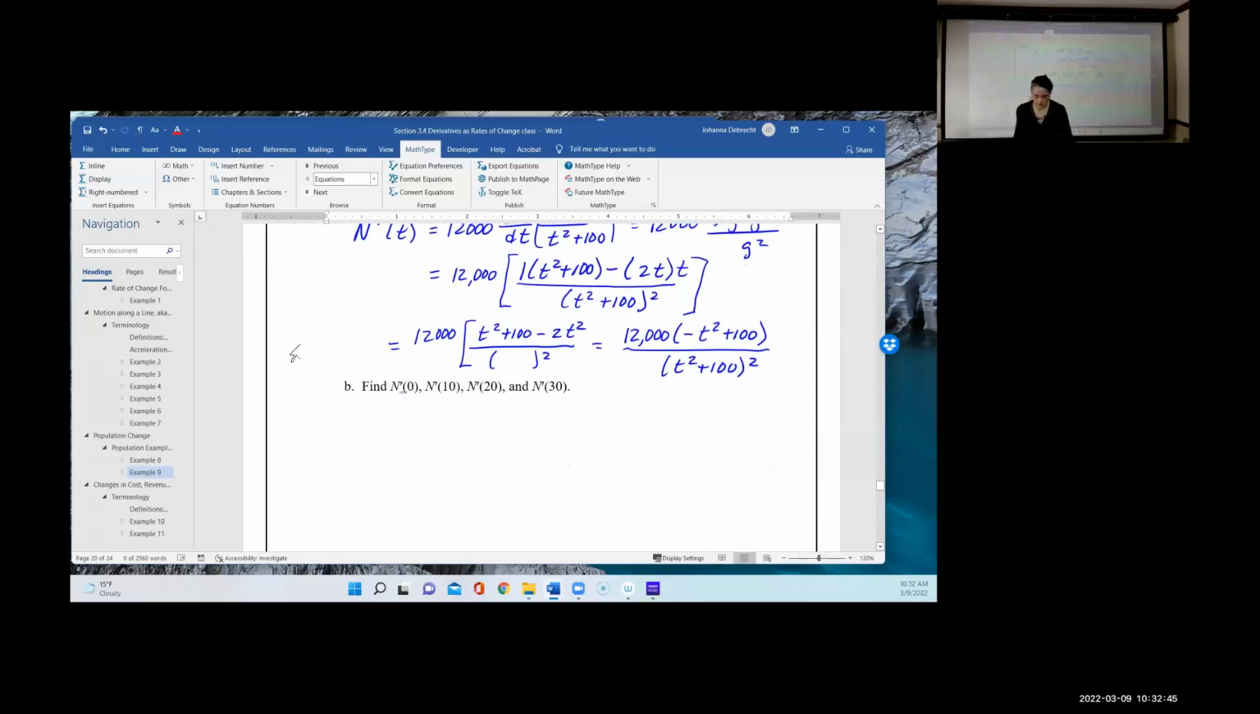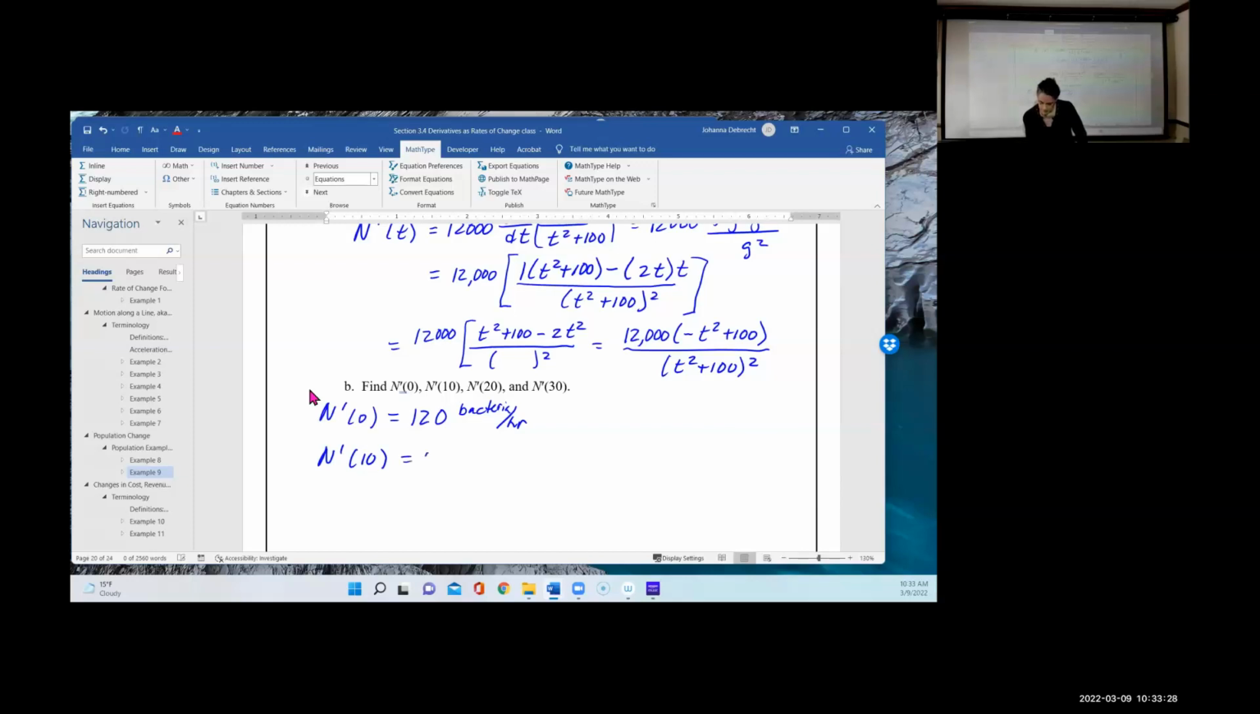Now we want to find the population change of the bacteria at 0, 10, 20, and 30 by plugging in 0, 10, 20, and 30. And in the interest of time, I won't make you go through and figure all of that out. I'll just give you what the values come out to be. N prime at 0 is 120 bacteria per hour. And then N prime at 10 turns out to be